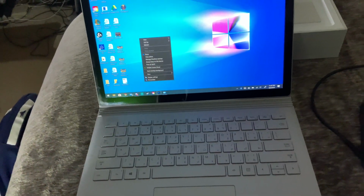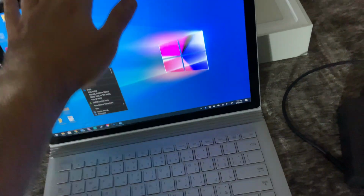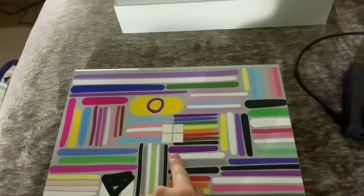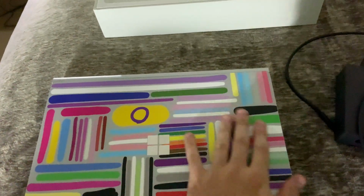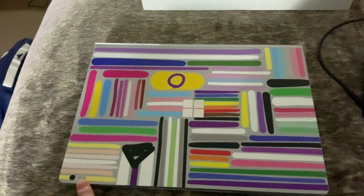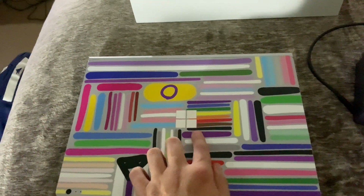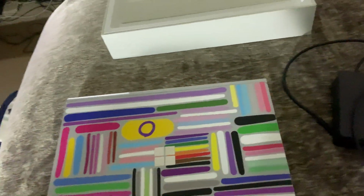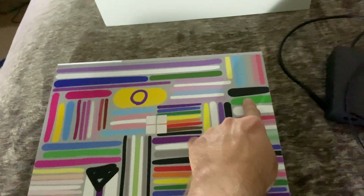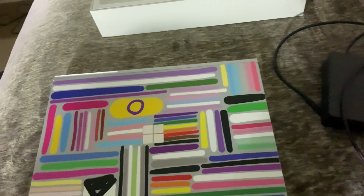So on the back side, I decided to do something cool. I saw it online, so here it is. It's a skin, and you have the cutout, and it's on the Microsoft Surface website for all the Surfaces, but it's a nice 2020. You got your cameras, microphones, Windows logo, and it just covers the back nicely. You'd think this would be clear, but that's actually like to be similar to the gray aluminum of the side